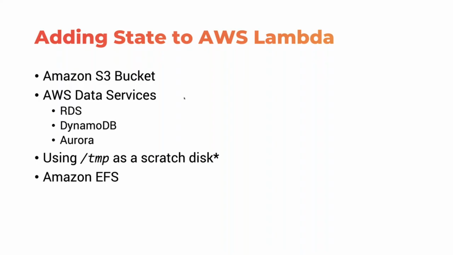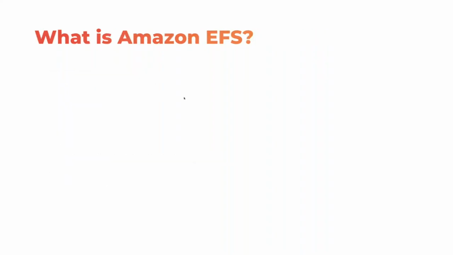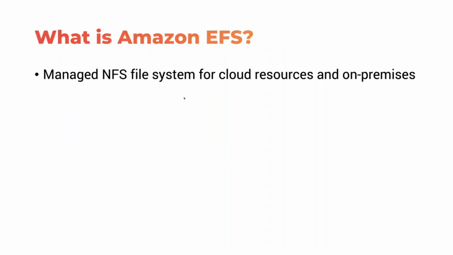Now, Amazon EFS solves the problem by offering a managed NFS file system for both cloud as well as on-prem resources. And because this is exposed as an NFS-compliant share, you can easily configure an on-prem server to mount the remote cloud-based NFS file system. And this becomes the same persistent storage layer cutting across your hybrid cloud, all the way from your on-prem data center to the public cloud.